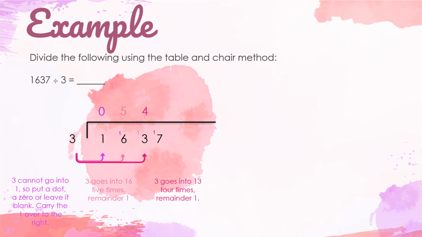Carry your 1 over to the next place value column. That number now becomes 17. Count your 3 times tables until you get to 17 and scoot your chair in for your last course. So 3, 6, 9, 12, 15, 18. 18 is too big. So 3 goes into 17 5 times,